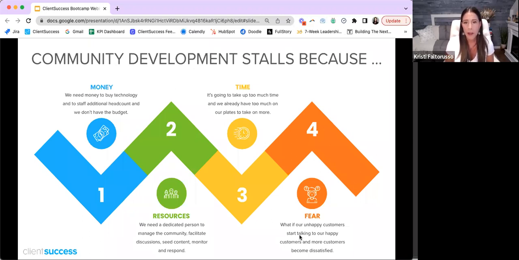The third thing I hear a lot of is time, right? Even if we don't allocate more money, even if we don't allocate more resources, we don't have the time to do this, right? We've already got so much on our plates. I don't have the capacity, Kristi, to take on yet one more thing. And yes, let's be honest. I'm not saying that this requires no time, but I do think if distributed well, and if you have multiple people working on this together, it can be minimal time required across the folks you involve.